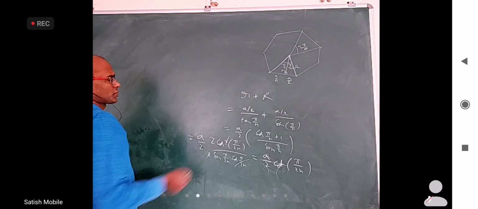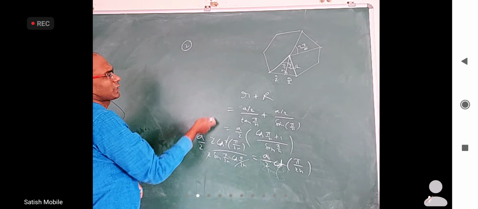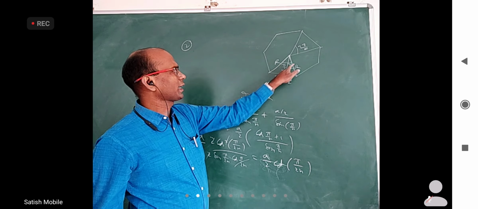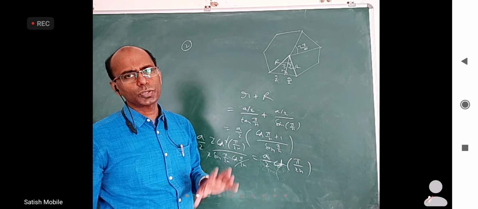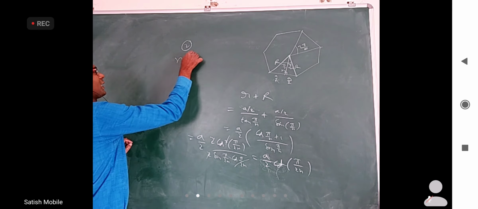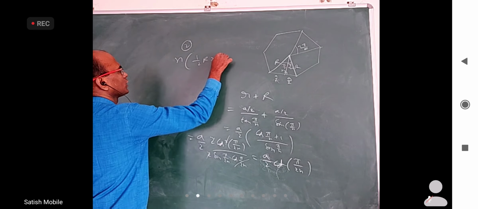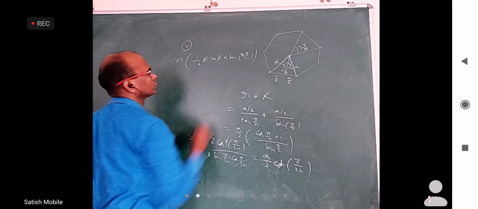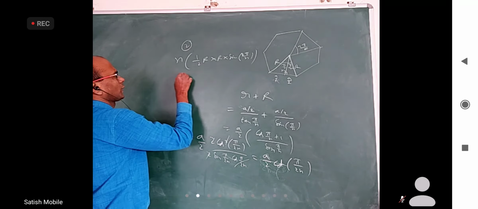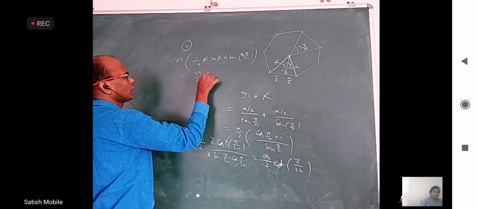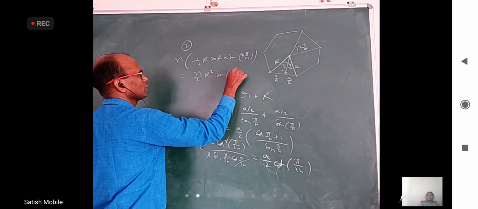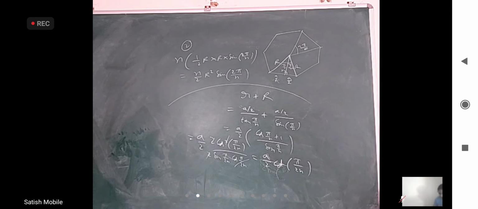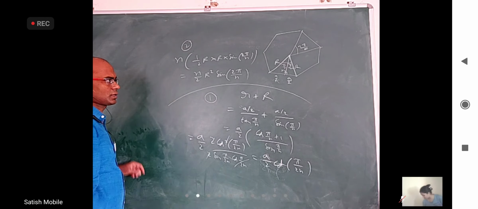The second part of the question, they wanted area in terms of circumradius, that we have already done, I am just repeating. We know this is capital R, this is capital R, angle between them is 2 pi by n. Using half AB sine, and n such triangles: n times half of R squared into sine 2 pi by n. That is n by 2 R square sine 2 pi by n. So this is the second part of the passage, this is the first part of the passage.